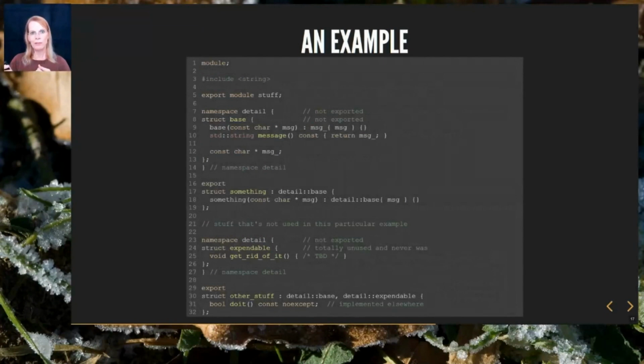Let's look at the module stuff that was imported into our module mod. The module exports two classes that derive from non-exported base classes. These base classes are defined within the module, and one of them uses type string from the standard library as a return type of member function message. Remember, this member function was used in the member function what of class S defined in the previous module. So through inheritance and return types, even more dependencies are formed that ultimately extend into the standard library.